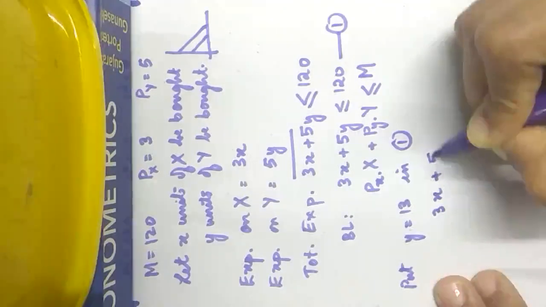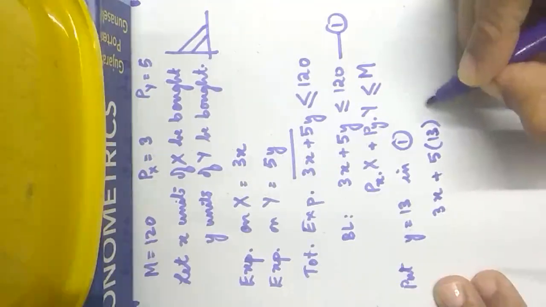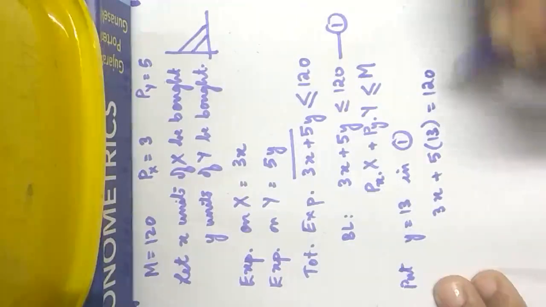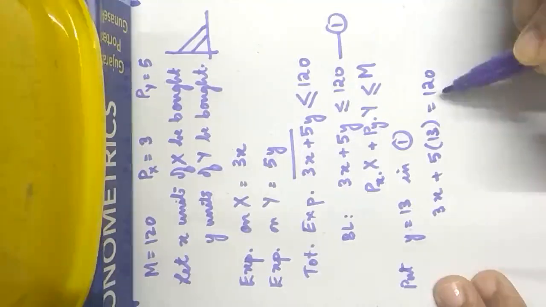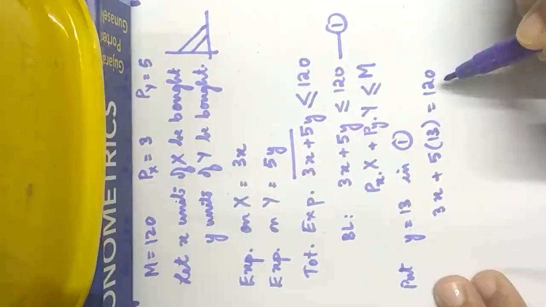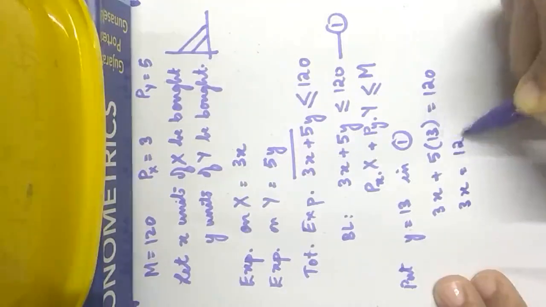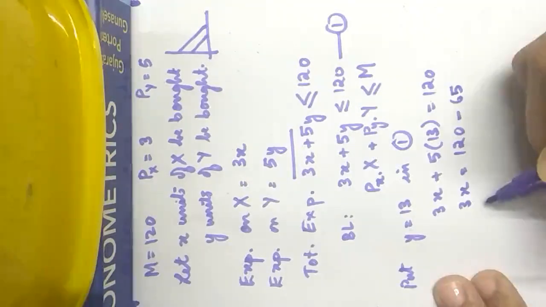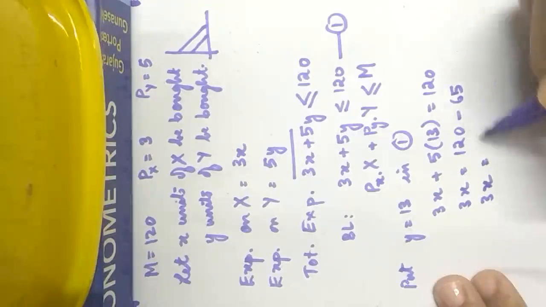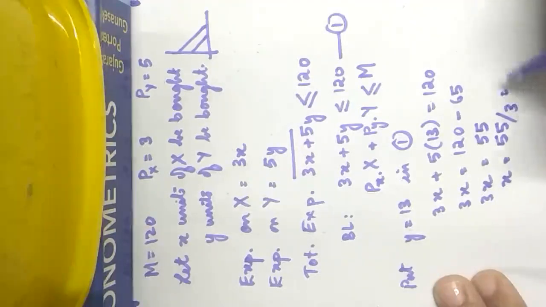3x plus 5 into 13 is equal to 120. Just to simplify things, instead of using an inequality sign, I'm making it equal to, because this is the maximum that the person can spend. So I've got 3x is equal to 120 minus 5 times 13, which is 65. So 3x is equal to 55, which means x is equal to 55 by 3, which is